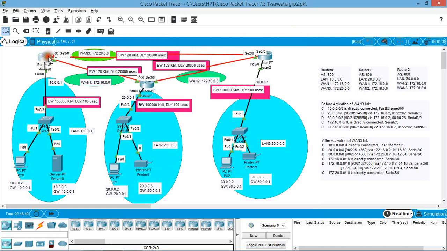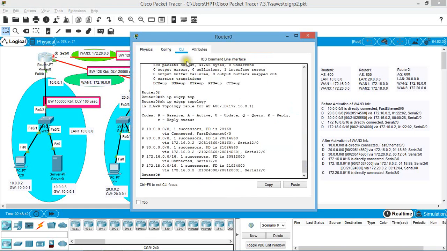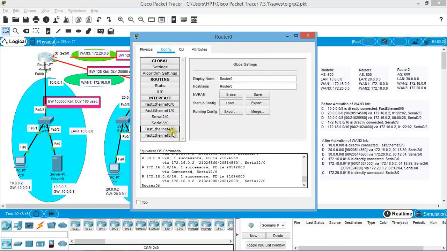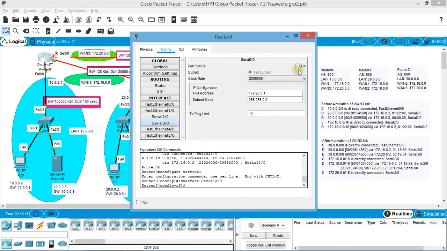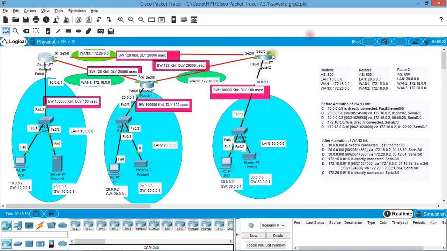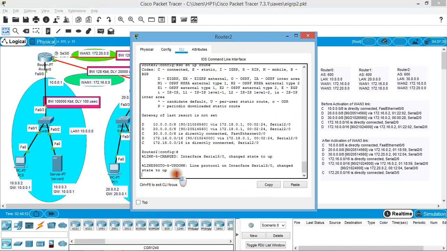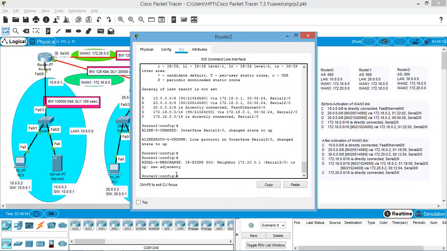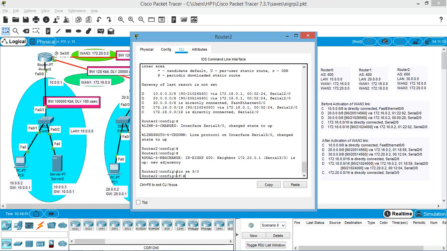Fine. Now let us activate the third link on this router. The serial interface should be activated so that the WAN3 link is active. Similarly, on router 2, we can activate the WAN3 link. Go to the particular interface, interface serial 3/0, and give the no shut command.